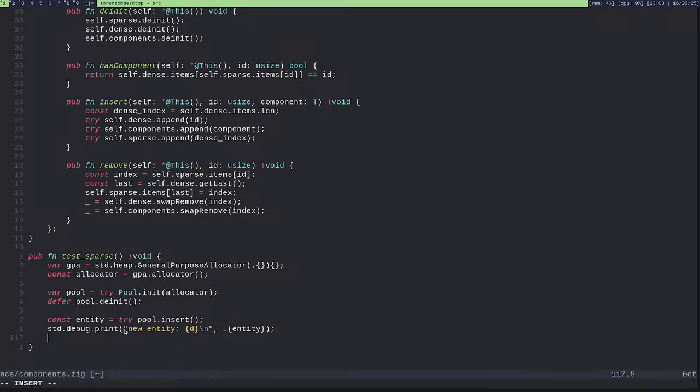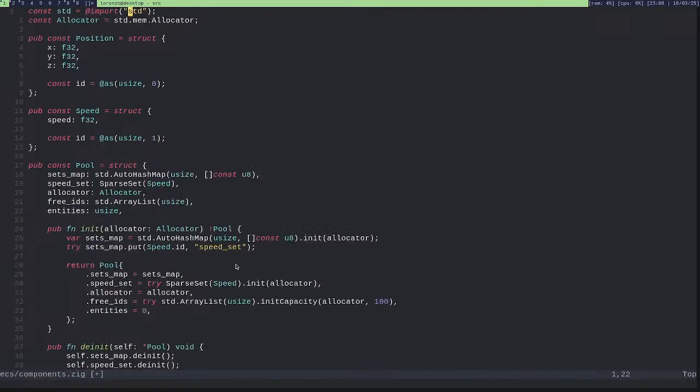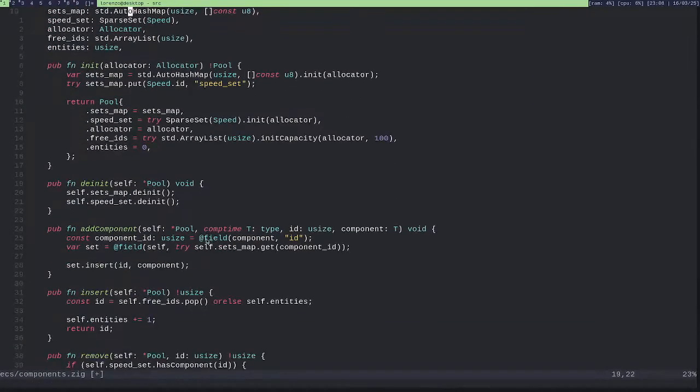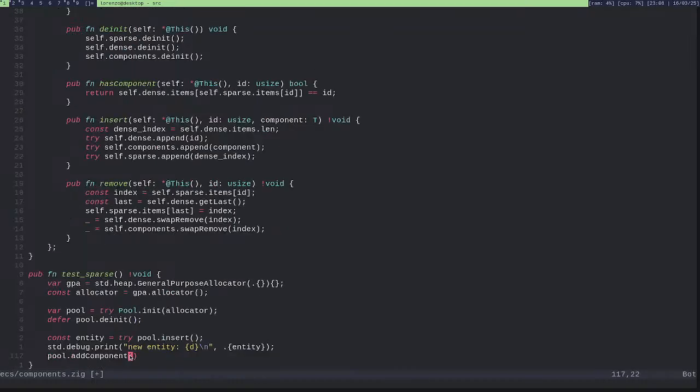And now I want to add the component, I want to pull add component. What are the parameters again? So the type, the entity, and the component. Okay. So the type is speed.